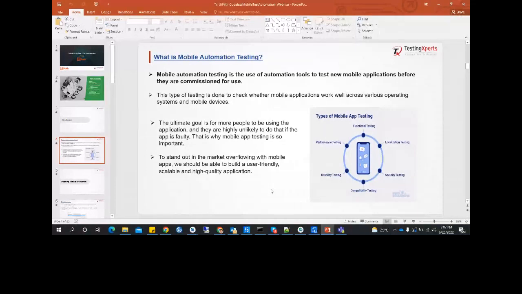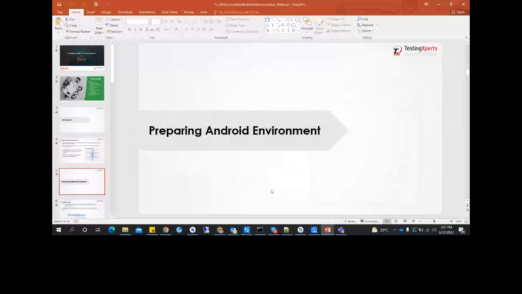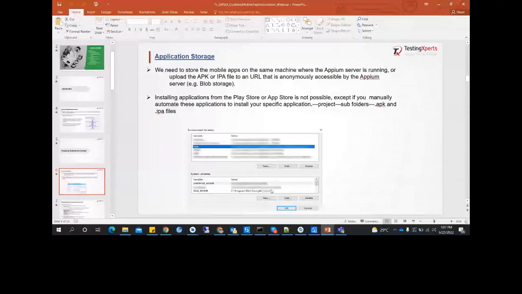So moving on to the next slide. This is about mobile application testing. Before we even start our application testing with UiPath, we have to ensure that our environment is prepared. Since we are using our local system, not all systems are enabled for mobile application testing. So we have to perform some prerequisites for setting up the environment in which we can perform the